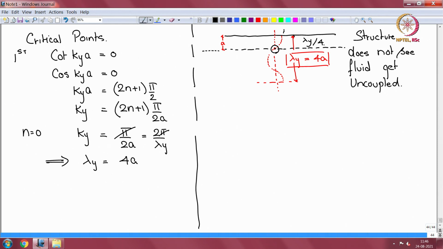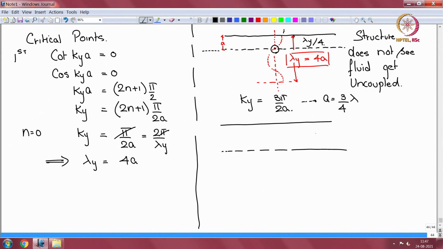Okay, now if I go to the next level, which is, let us say, ky is equal to 3 pi by 2a, and then start computing, my a will be equal to 3/4 of lambda. So how will the picture actually look? The picture will look like this. This is the mean pressure line. It will start off